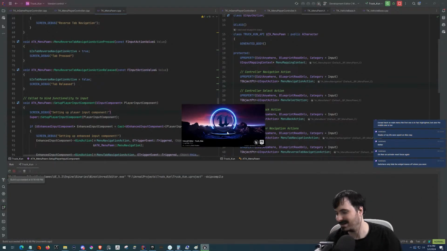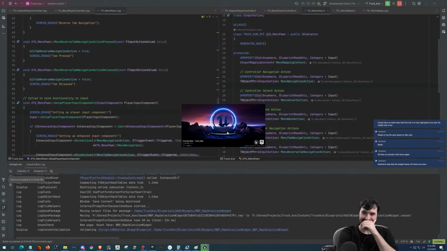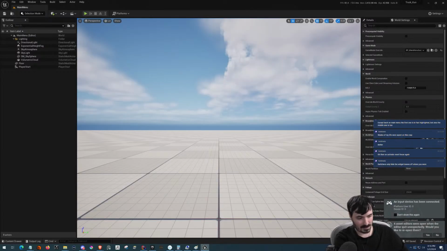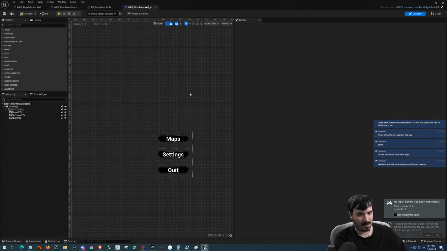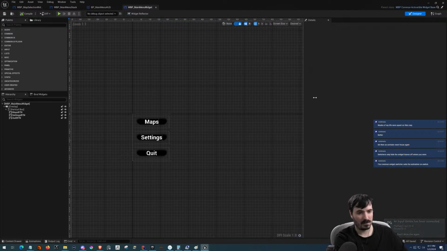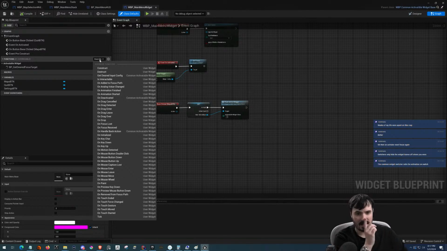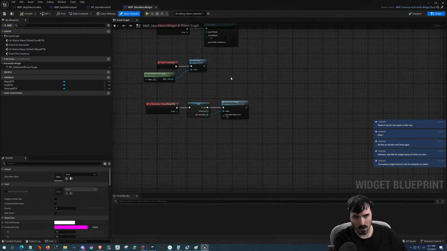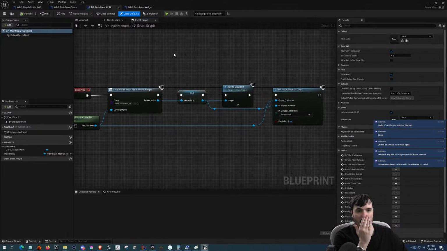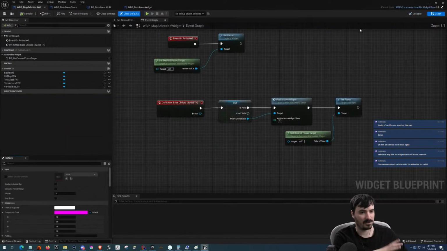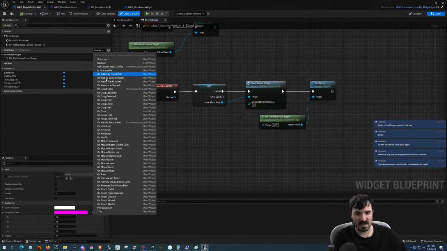Yeah, that's what I figured. So what we need to do is edit the graph here and then on hide. No, because the main menu, we want to have it go back to the same one. For the map select, we want it to reset. So this one would be